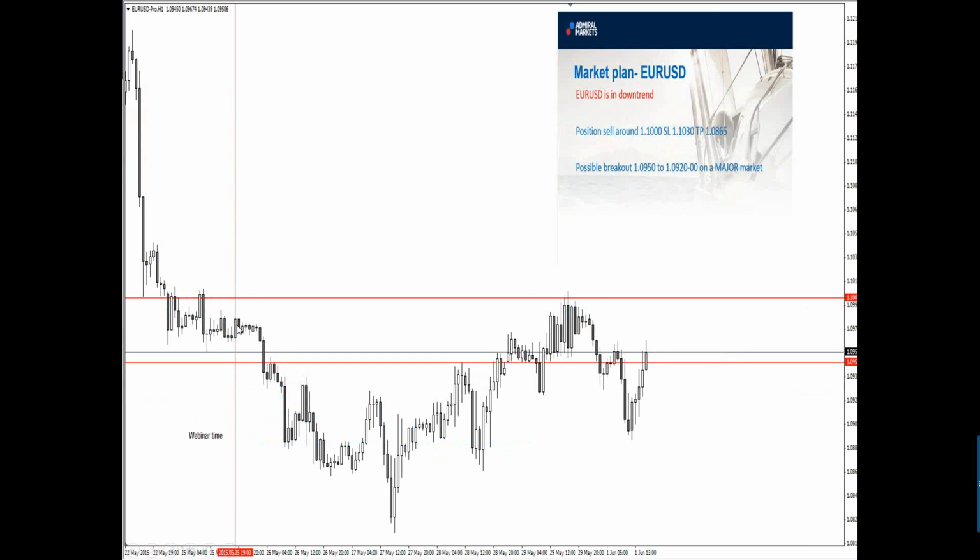This was the webinar time. At the end of the webinar, price spiked up very close to our price level for entry, but unfortunately it wasn't hit. But as I don't have a crystal ball, sometimes the price will come very close and reject, as it was here. So it came really very close to our entry point, but still